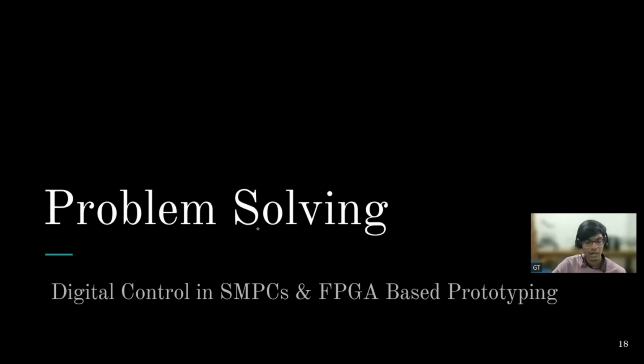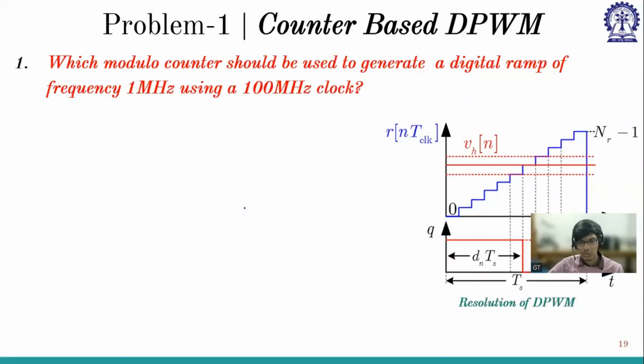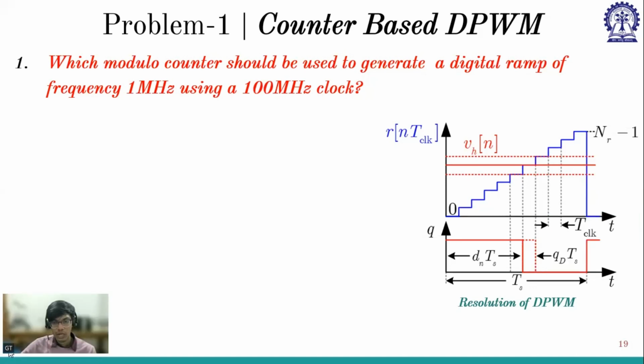So I have selected a few problems from few weeks. I think I have given around 6 such problems. But I'll only give the hint, and I'll ask you to solve, because in the 12-week problem solving session I have solved. So I'll not be solving. And these are taken from our problem solving sessions only. So if you face any difficulty, you can go to that week and have a look at how we have solved that. So in this question, we are giving a counter-based DPWM,